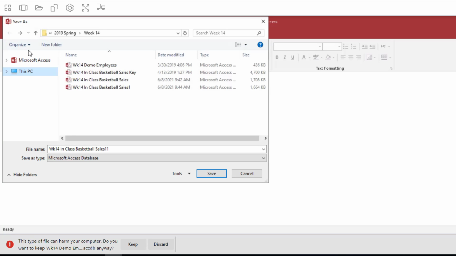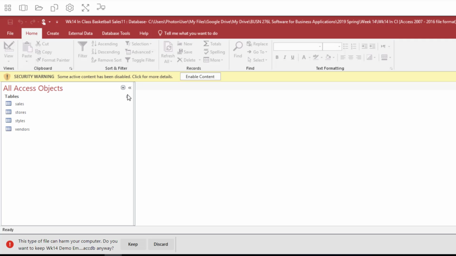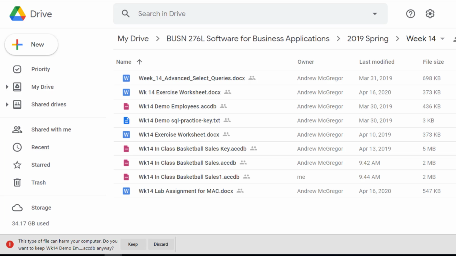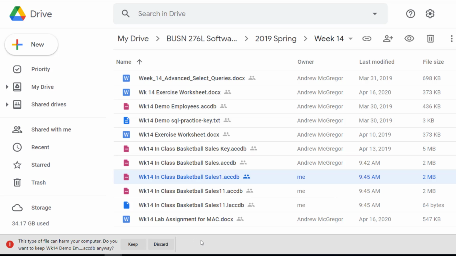You can also save this file under the same name that you did when opening the file. This will overwrite the original document in your drive with the new one that you've just been working with. Or you can change the name in order to create a new file. But now that we've saved it, we can now go to a separate window with our drive open and see the saved file. And I can even see the most recent time in which it's been edited. This means that I can now access the file if I need to take actions like sending this file in an email or submitting it to a Scholar assignment.